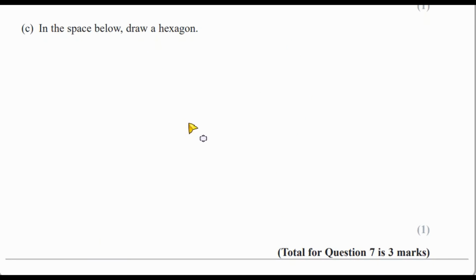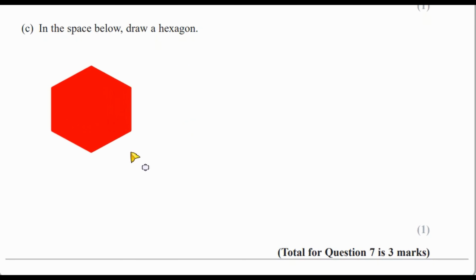And part C of question 7 says, in this space below draw a hexagon. And this is quite interesting. I've had a look at the answer scheme here. It does not say a regular hexagon. Now a hexagon has 6 sides, so if you were going to draw a regular hexagon it would look like